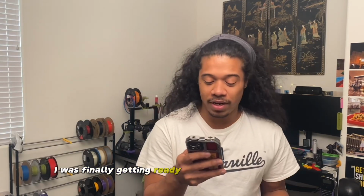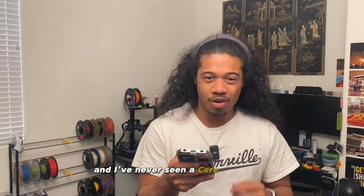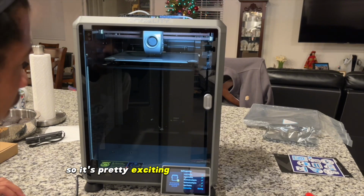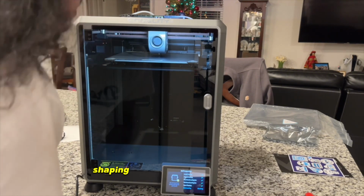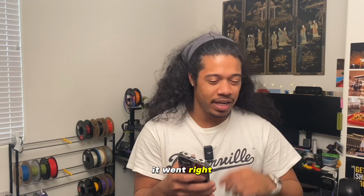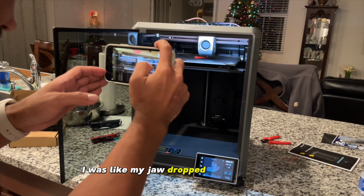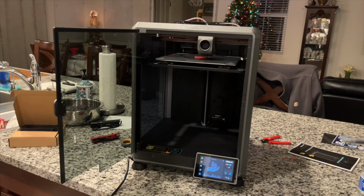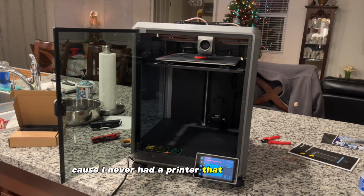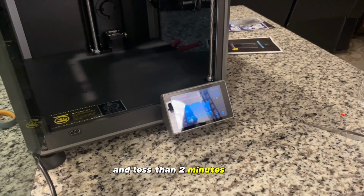I was finally getting ready to set it up and everything. And I've never seen a Core XY before, so it was pretty exciting seeing it do all of its input shaping and getting everything ready. And then right when it did its first purge, it went right at it and just started printing insanely fast. My jaw dropped in excitement for this printer because I've never had a printer that went this fast. And less than 2 minutes later,